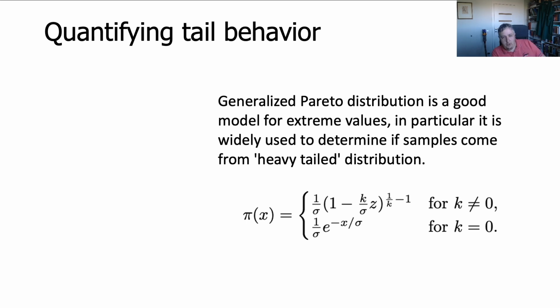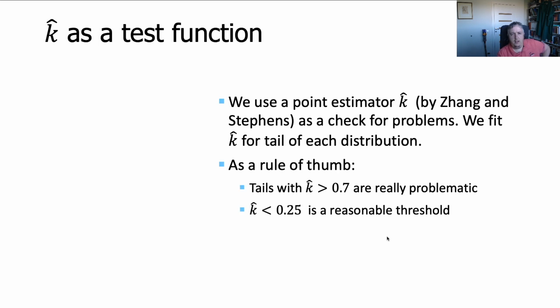So because of that, we can use the so-called generalized Pareto distribution, which is a very simple distribution. It just has an idea that the function of interest behaves as a power law. So in other words, it's as a kth power of the variable. Sorry, here. So we can actually use a classical statistical point estimator k hat as a test of tail behavior of the distribution.